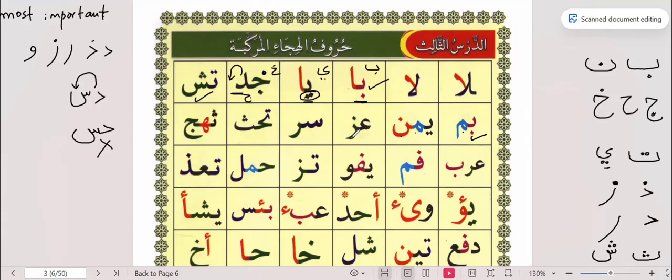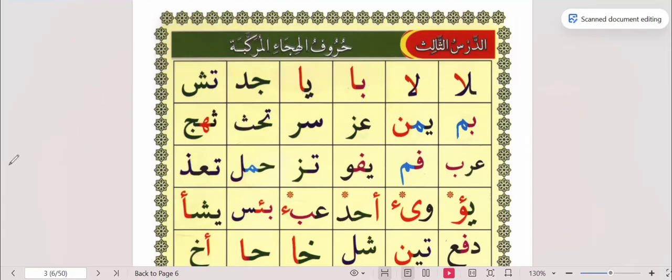Ain, za, ain, za, seen, ra. Now, the most important thing, apart from these basic informations that you have to remember, is this letter lam and alif. You have to know that